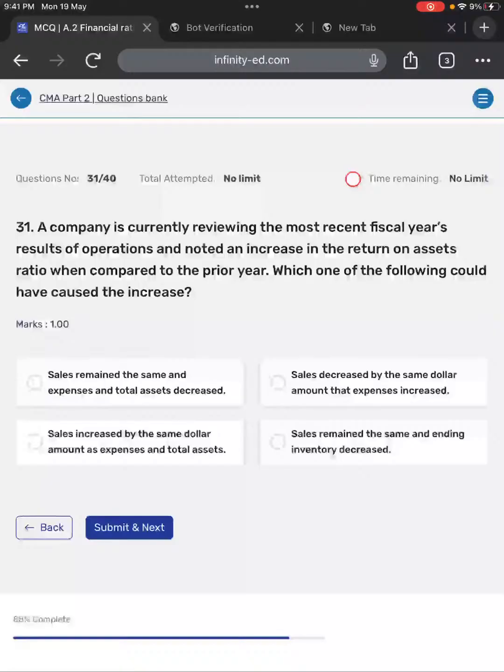Return on asset increase means either asset decreases or income increases, right? Sales remain the same and expenses and total asset decrease. Expenses decrease, total asset decrease. This can happen. Sales decrease by the same dollar amount, expenses increase. This is not. Sales increase by the same dollar amount, expenses and total assets the same. The sales remain the same and ending inventory